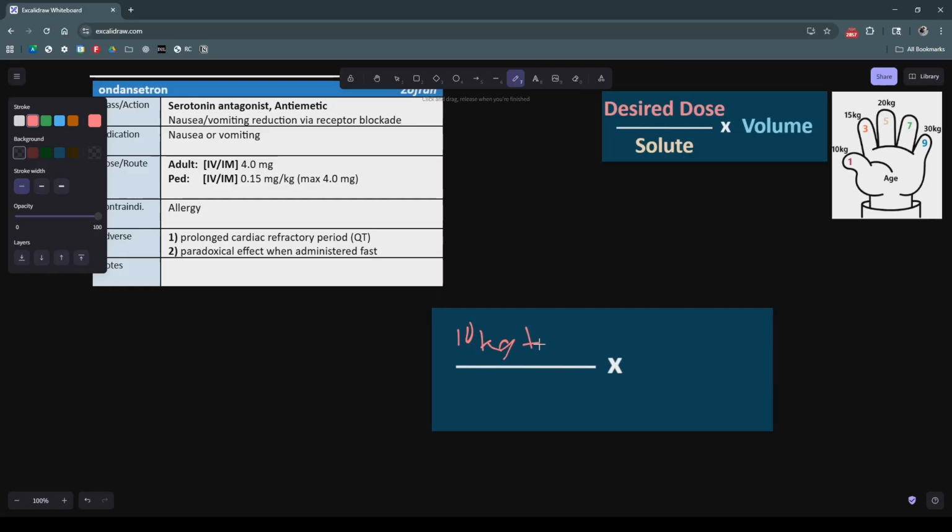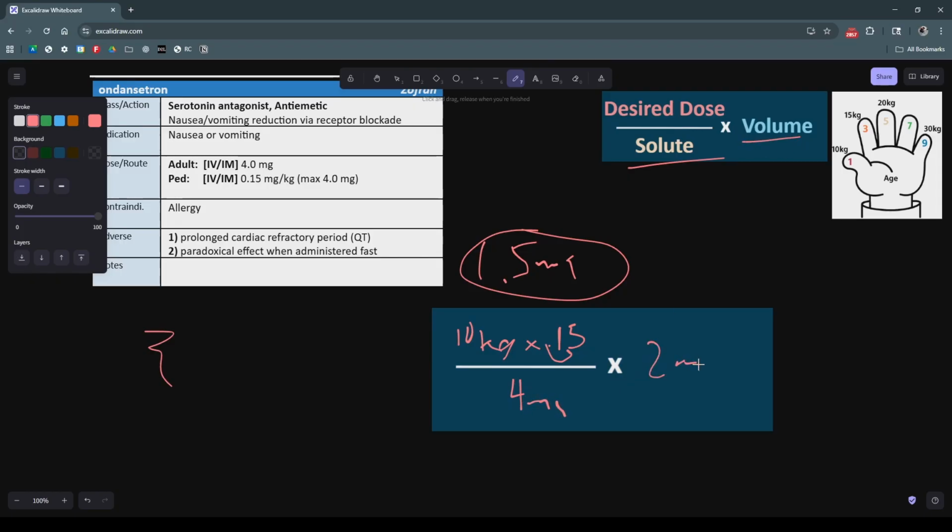10 kilograms times 0.15 milligrams per kilogram, right? Well, that's easy. We just move that over. So that's 1.5 milligrams is my desired dose. My solute is the same, right? That's the 4 milligrams. And my volume is the same. That's 2 milliliters. So I divide 1.5 by 4, multiply it by 2, and it comes out to